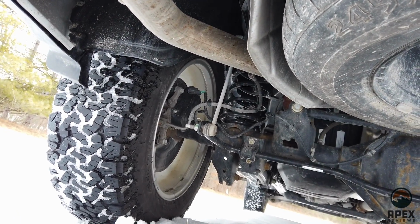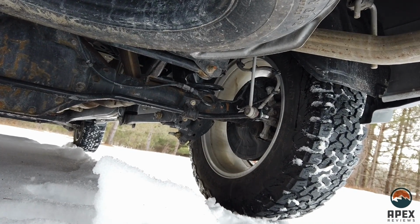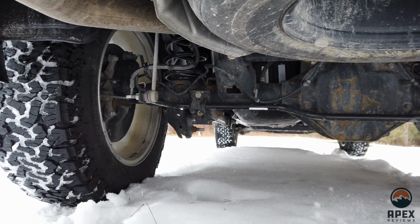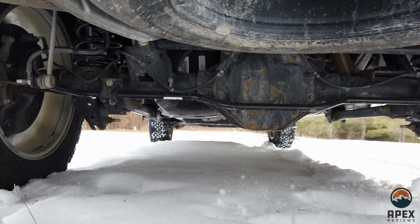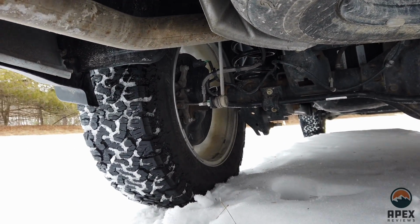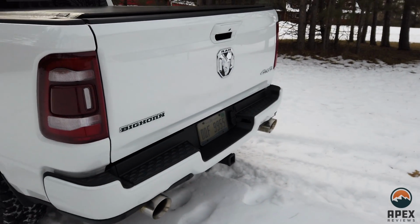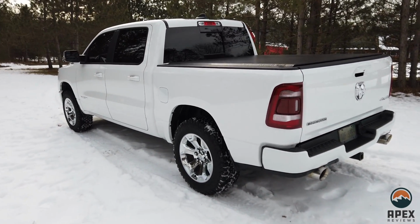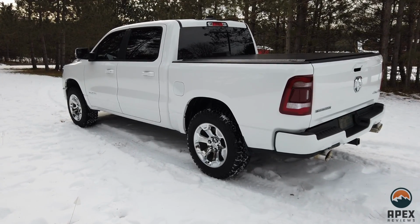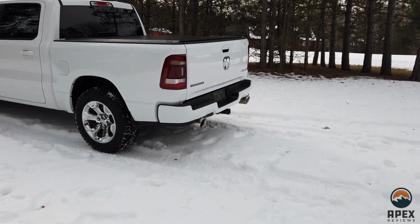So right there are coil springs under there, and more coil springs. You can see we do have a little bit of surface rust there on the pumpkin, and it's really just attributed to Michigan. I mean, you can look at brand new cars on the lot and they're going to potentially have a little bit of rust there, so it's just par for the course living where we live. But those springs are essentially the same thing that's in my 4Runner, in a pickup,